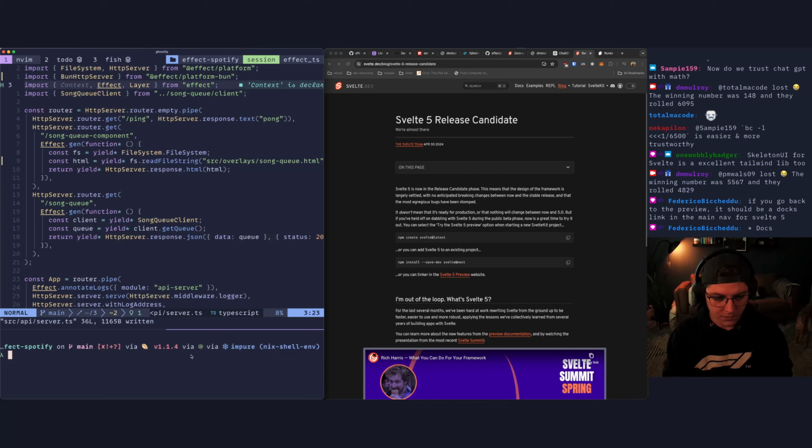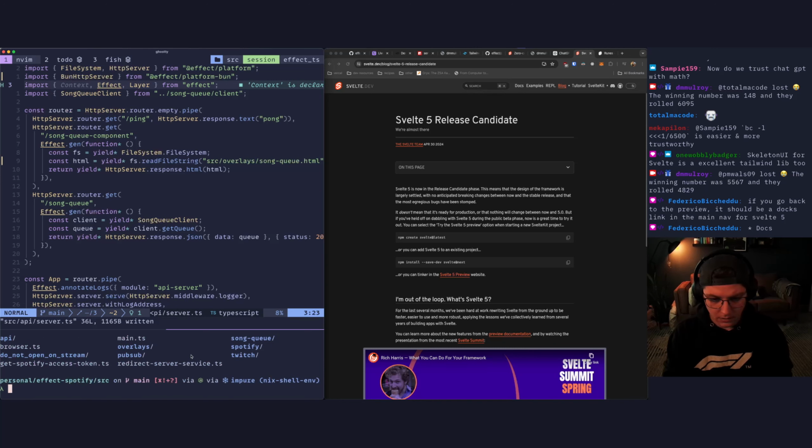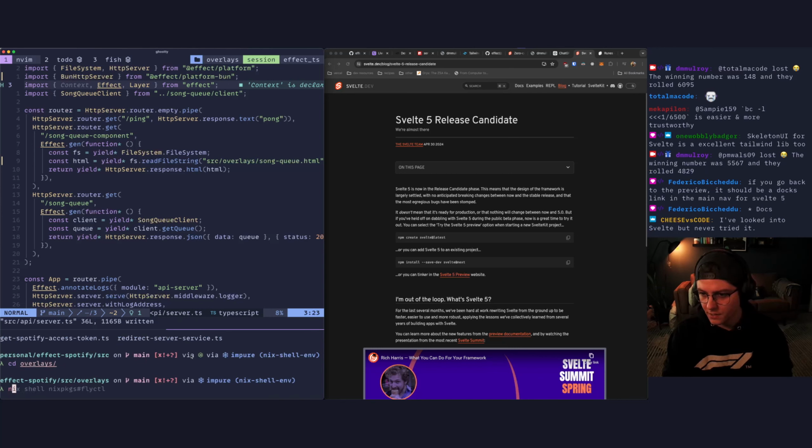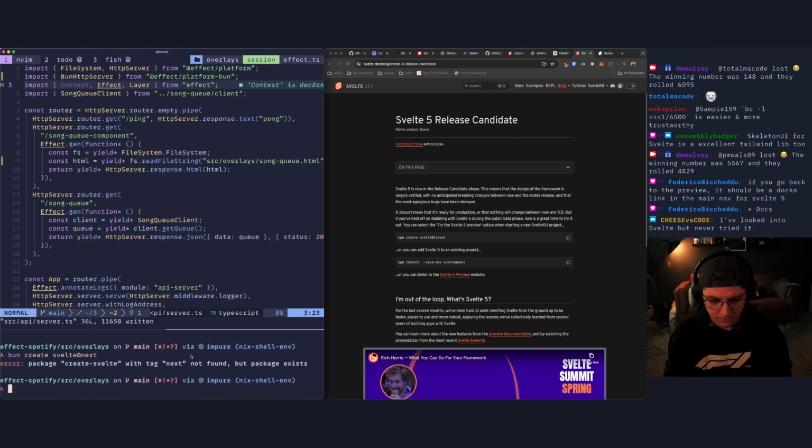So let's go to, what directory am I in? All right, we'll go into source and go into overlays. And then we're just gonna do npm, er, bun. We'll do bun create svelte at next. That didn't work.